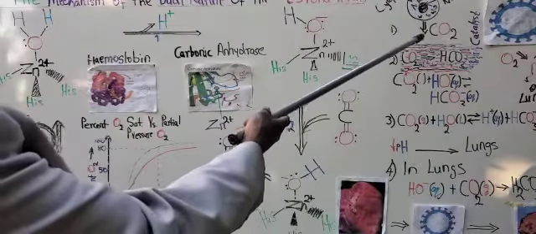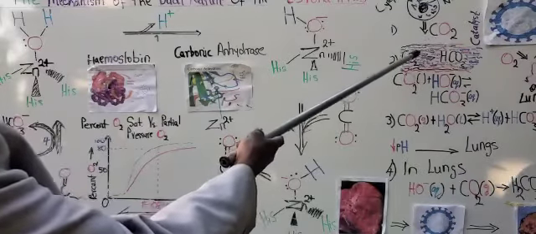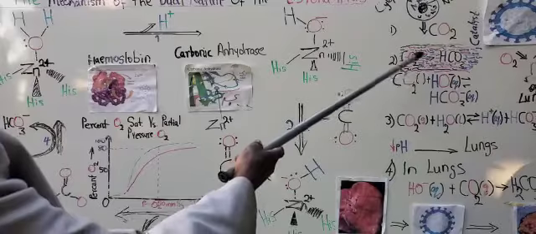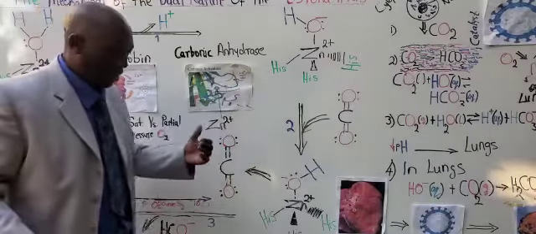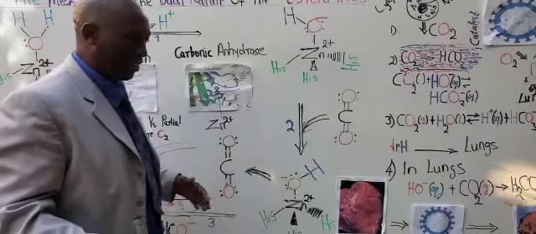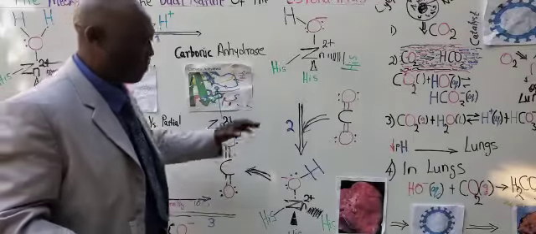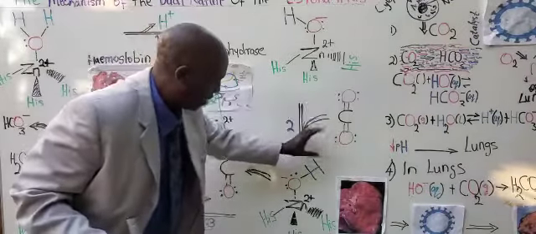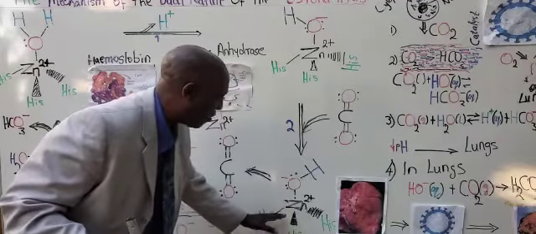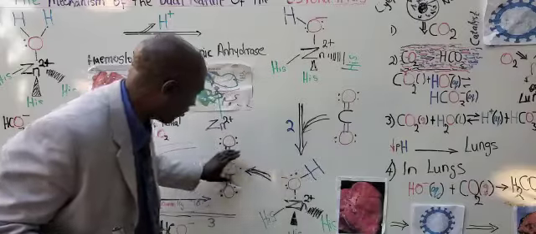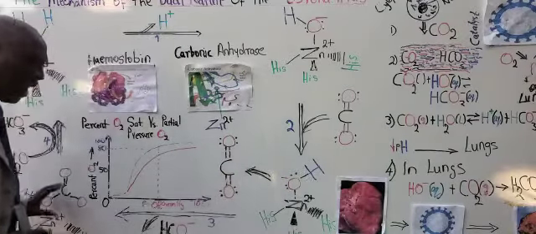In the tissues, carbon dioxide is produced from cell metabolism. But carbon dioxide is not soluble in water, the aqueous medium, plasma. It must be converted to something that is soluble and then transported to the lungs to be removed as a byproduct, waste product. Happens like this. Carbon dioxide binds to the active site of carbonic anhydrase, the zinc ion, and then the hydroxide reacts with carbon dioxide to produce bicarbonate or carbonic acid.